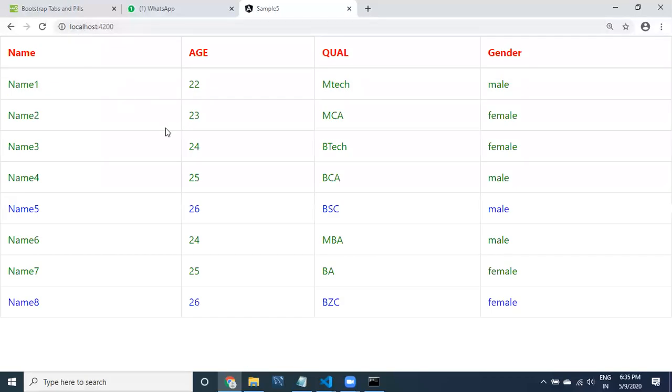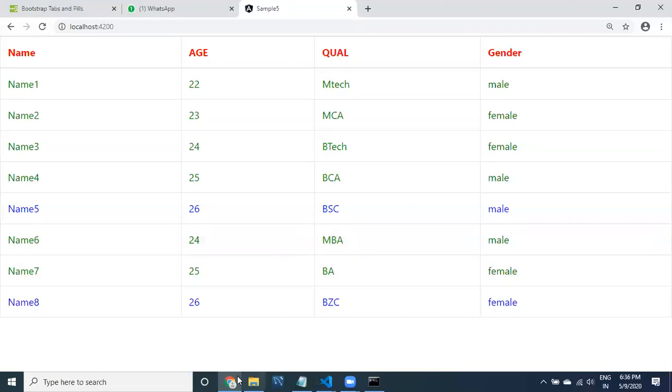Okay, let us go to our code. I am looking for the table. See here guys, rows where age is greater than 26 are displayed in blue color. The remaining, less than or equal to 26, got displayed in green color. Not only colors, you can apply different types of CSS classes also, wherever you want. This is about ng style.